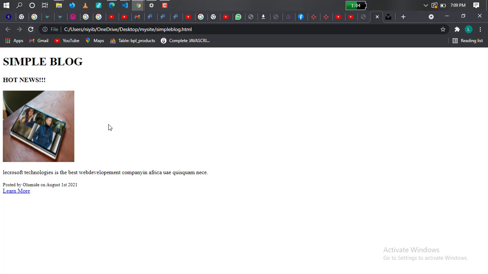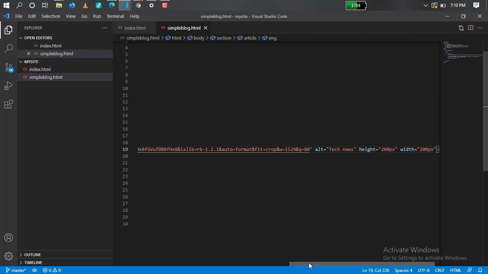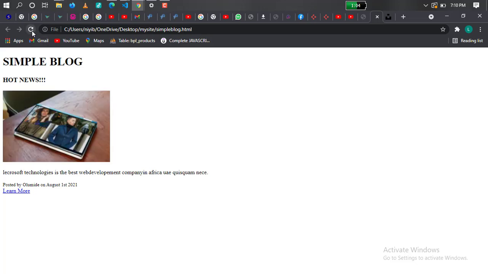Wow. So yeah, I think this is cool enough, except you want to make the width a bit bigger. I can make it, let's say, 300, so at least it's going to be nice a bit, and we're going to have something like this, okay? It's cool, right? So now we have the news, hot news. This is the name of the news,